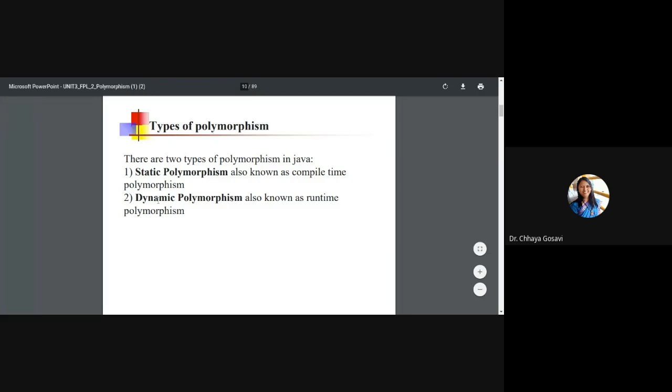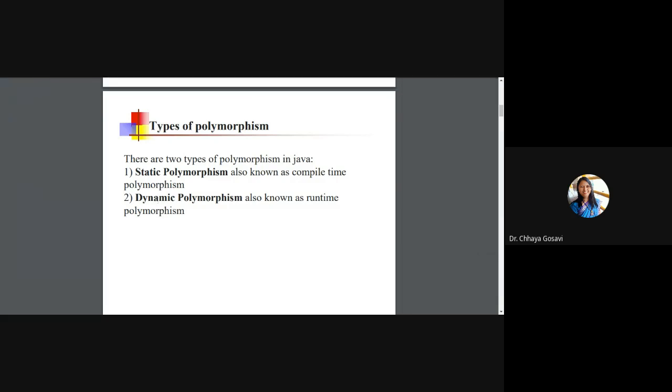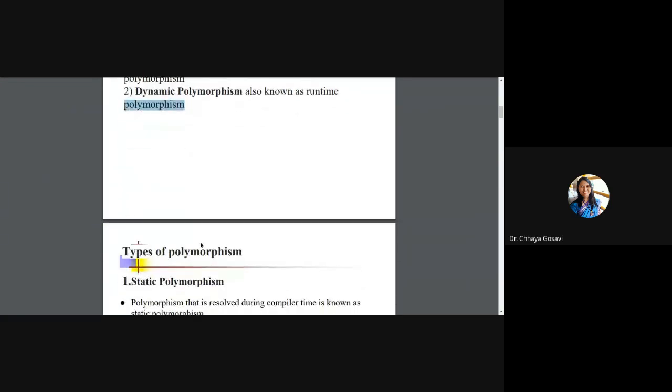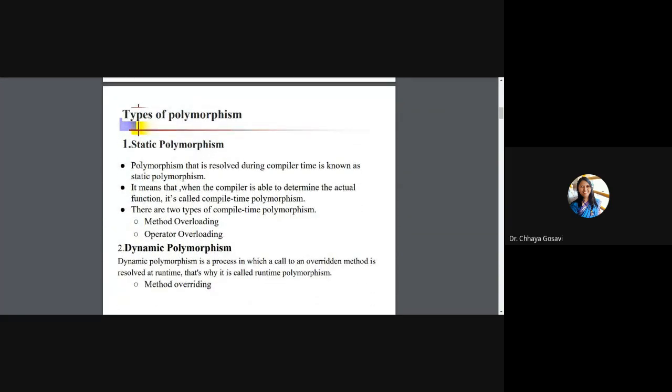Then we have seen there are two types of polymorphism: static polymorphism, which is called compile time polymorphism or lexical polymorphism, and dynamic polymorphism, which is called runtime polymorphism or execution time polymorphism. So static polymorphism is to be resolved during compile time. There we are using the same function name, so that function name must be connected to the function body. For example,